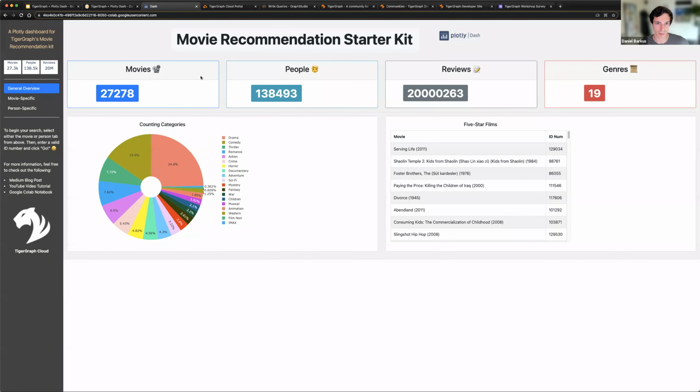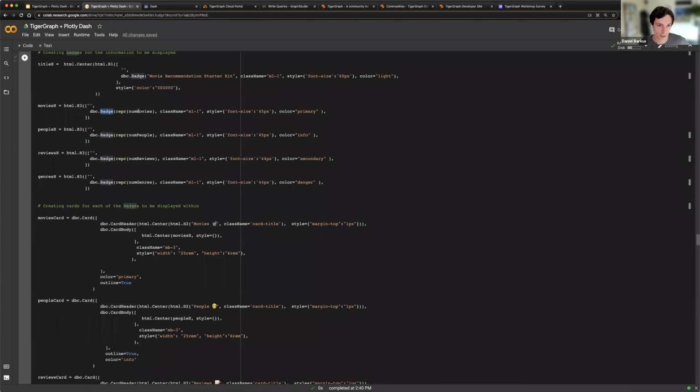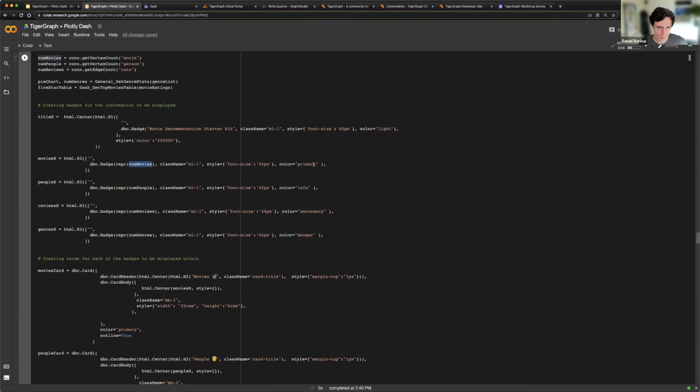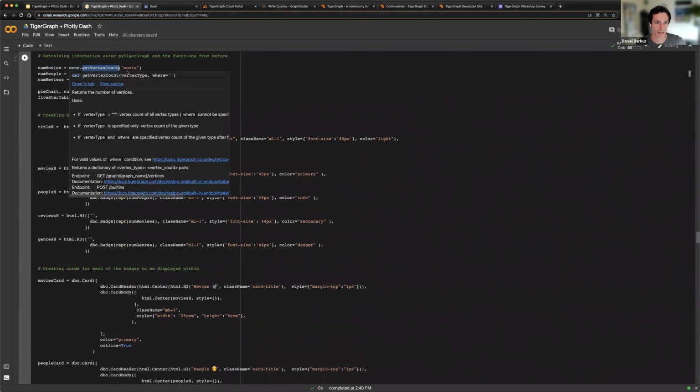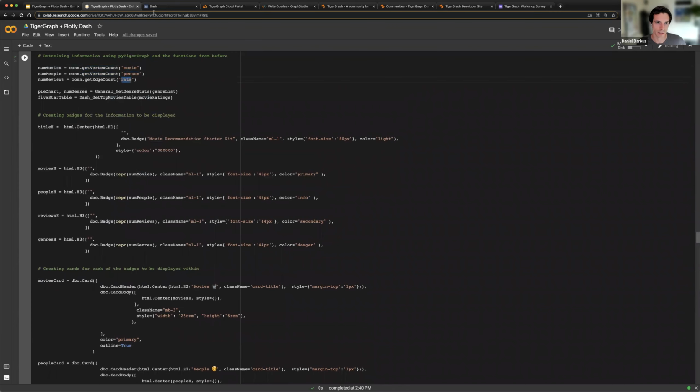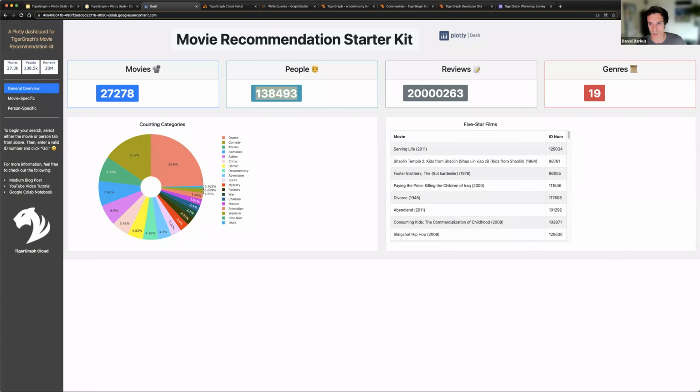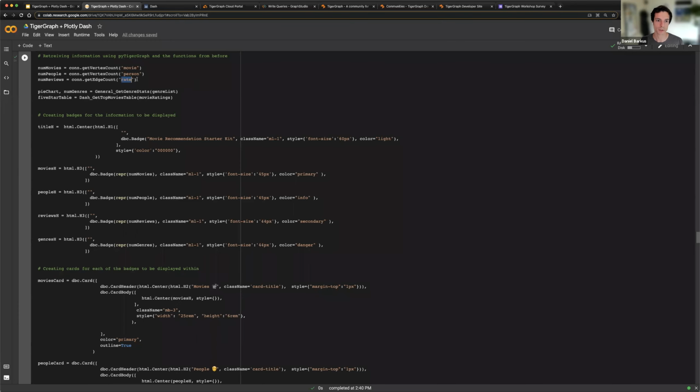So there's similar setups where we're creating a badge that has a title and that has another badge within it with our numbers in it. So badge with the number of movies. And we can see that we're getting those number of movies. So this is one of the cool things. TigerGraph has built-in queries. So while we were creating queries before, there are a bunch of basic built-in queries to get stats about your graph. So for example, we're using the ones here, get vertex count, movie, person, rate. So if you look here, movies, person, and rate, we're using those built-in TigerGraph queries to actually extract